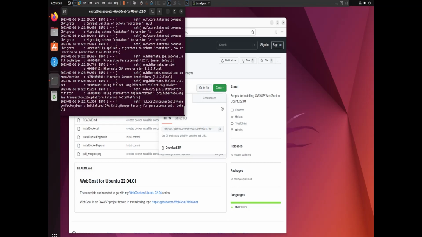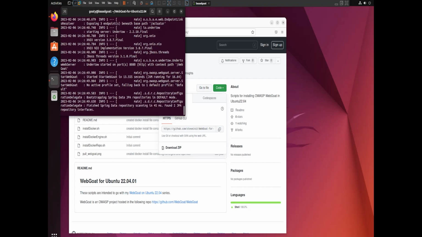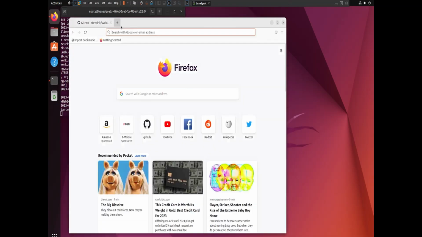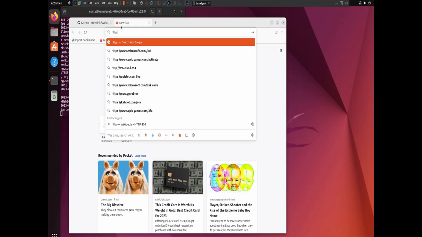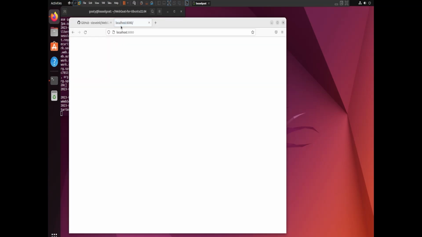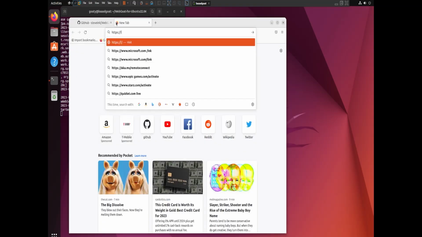And like I said, you can follow along this process on my blog at stevenit.com. There are links down in the description for WebGoat Part 1 and WebGoat Part 2 if you just want to pull that up in this Ubuntu VM and then copy and paste everything from Firefox directly into the terminal. You can do that. Now in Firefox, if you go to localhost or localhost 8080 or HTTPS localhost 8080, you